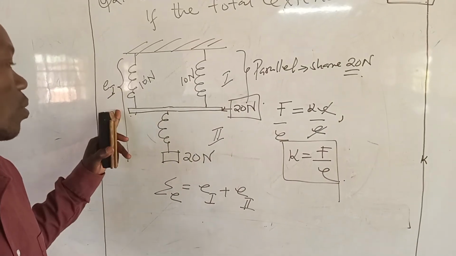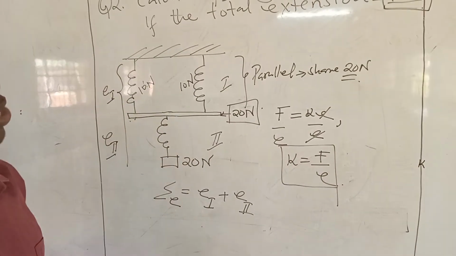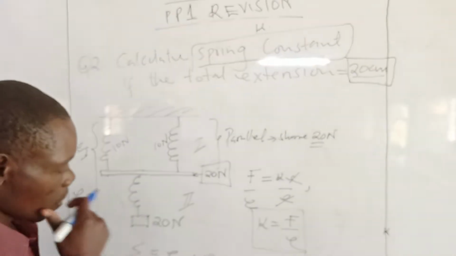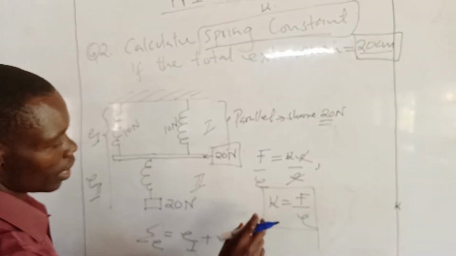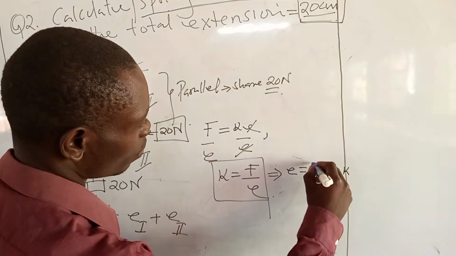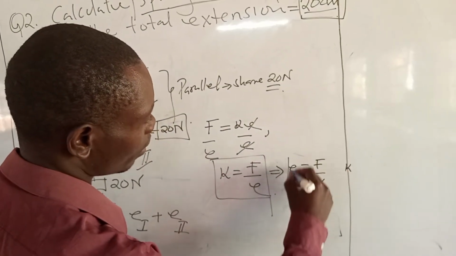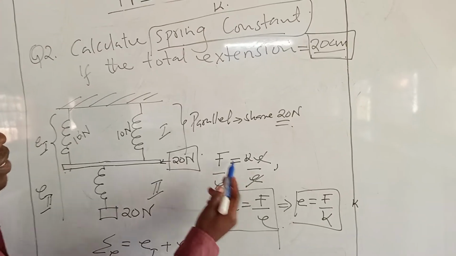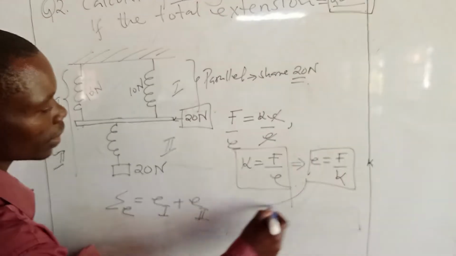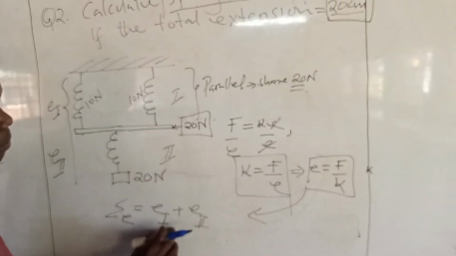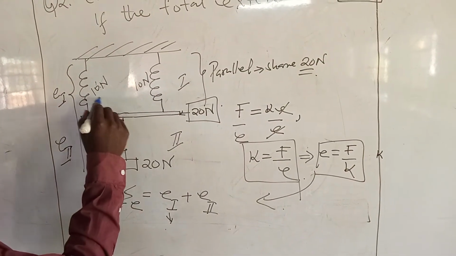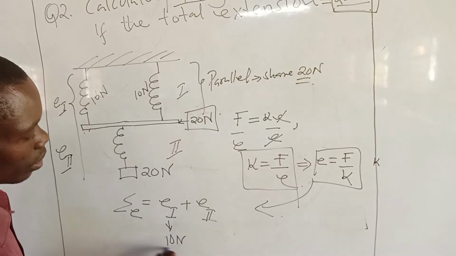We take the first extension, add the second extension, which gives us a total extension that was given as 20 centimeters. Now, from this formula, we can also say that extension is equal to F over K, if we divide both sides by K, so we will remain with extension. Now, if I take this formula and use it here, extension in part 1 will be F over K, which is a force of 10 Newton over K,